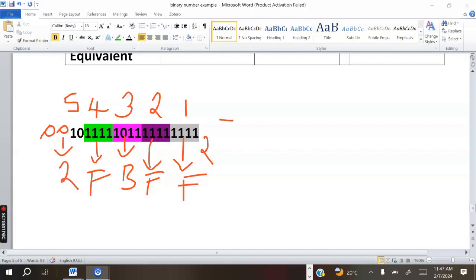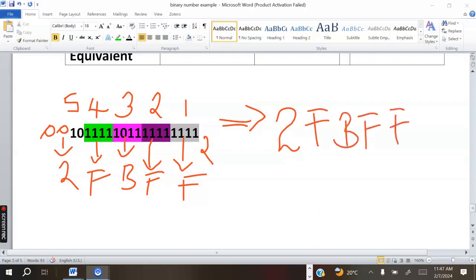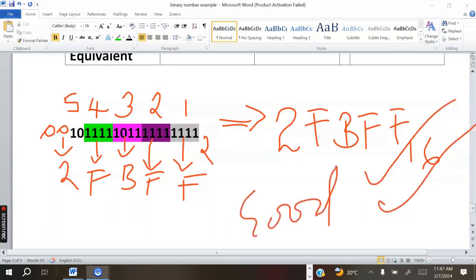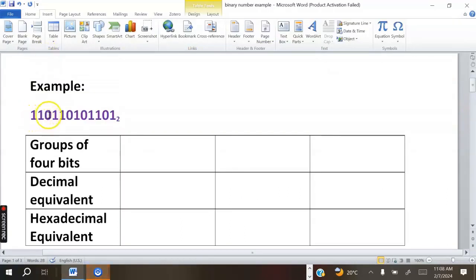So the final answer should be 2FBFF base 16. I hope you have managed to get that, which is a good sign that you have been following what I've been teaching you. So maybe you can give yourself a tick, and also you can give yourself a good